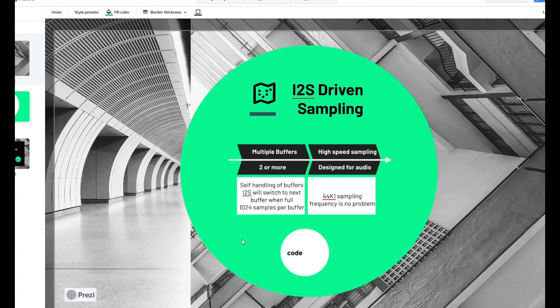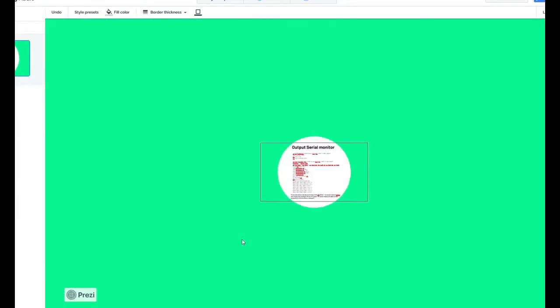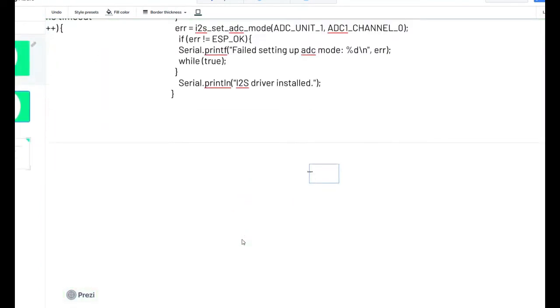You can set 2 or more buffers, which is convenient, and you have 1024 samples per buffer. It's actually designed for audio, so it's good for high-speed sampling. Basically it's built for audio, so why not use it? Oh, I went a bit too fast, sorry. What we do actually,